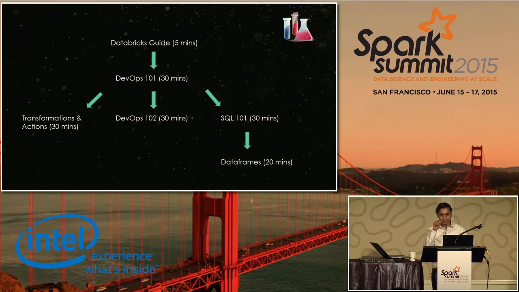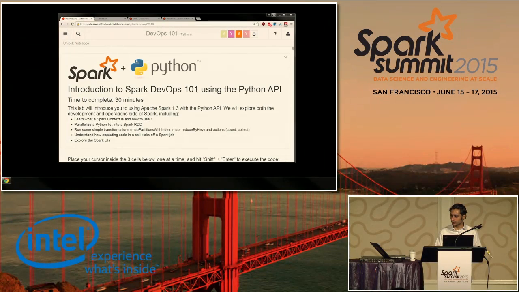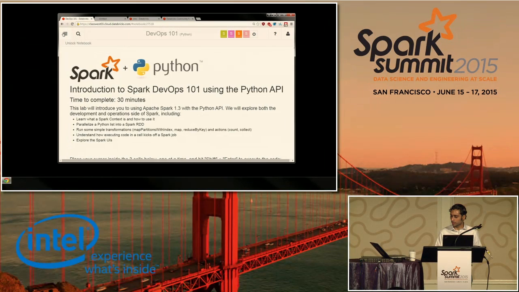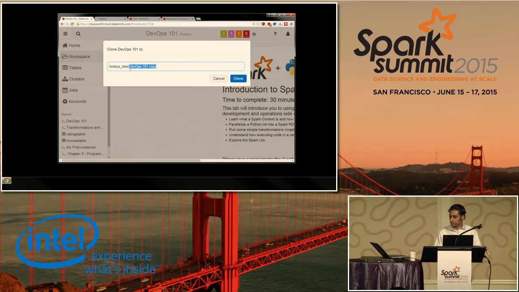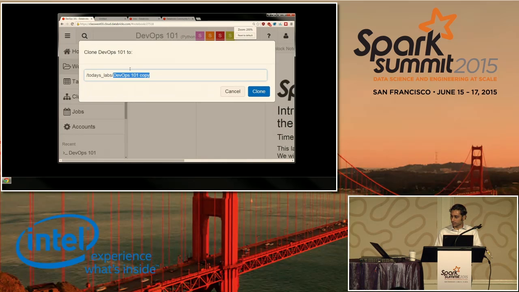How do you clone? You just click the down arrow next to the notebook, and then you clone. Before you even clone, you need to know your student name. And when you're cloning, you right-click and do that, and then you have to change this part. And the way you'll change it, you'll basically say